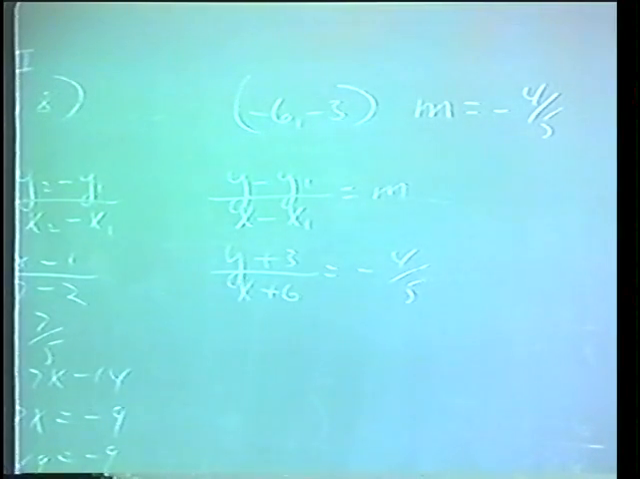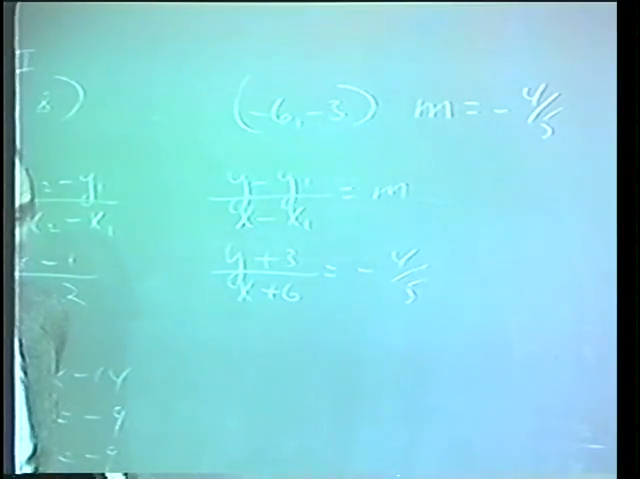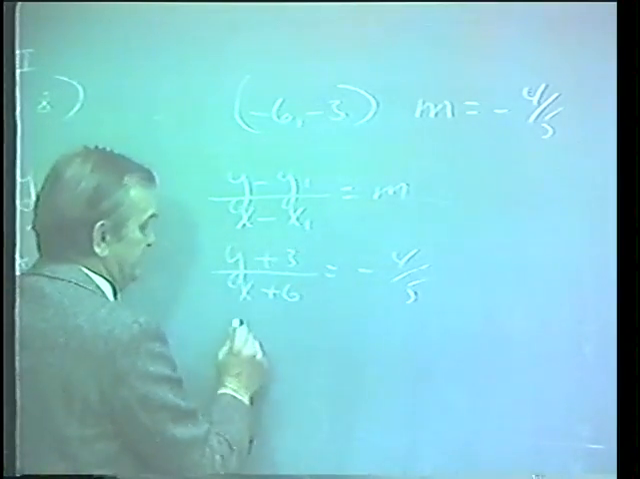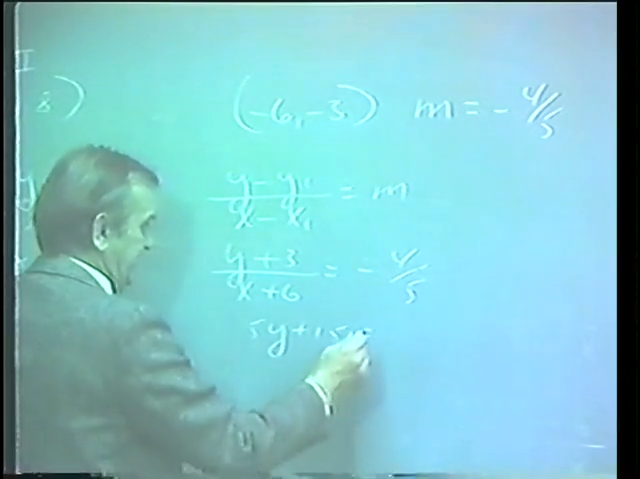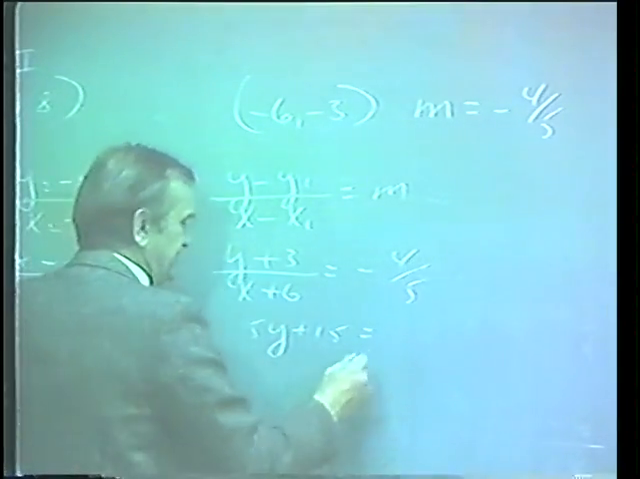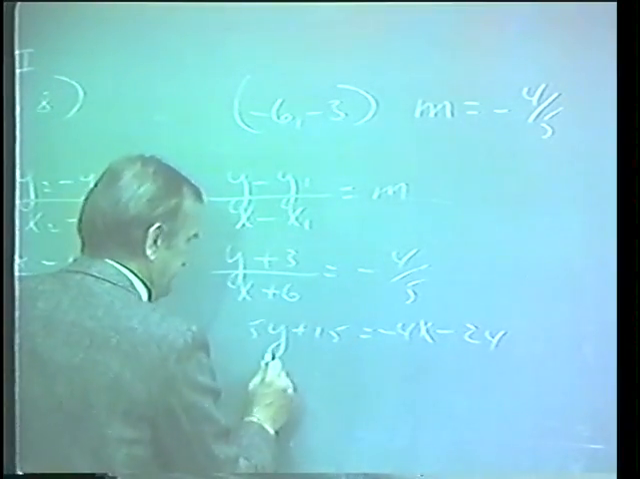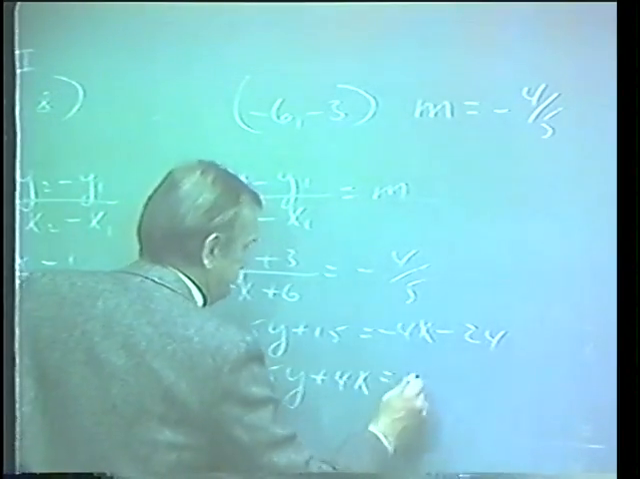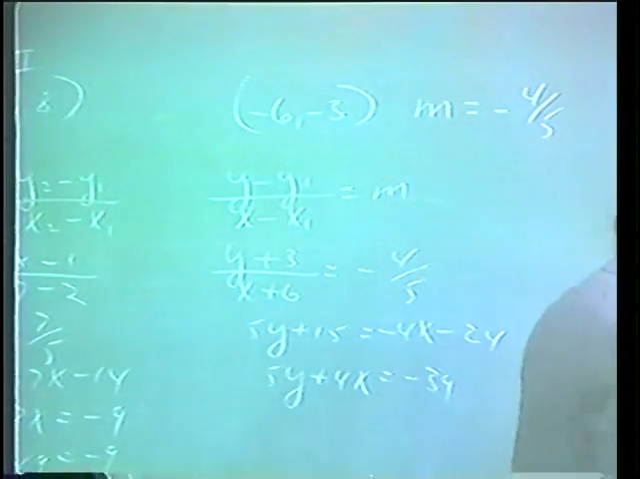We now cross multiply. Now remember, when you have a negative fraction, that means the numerator could be negative or the denominator could be negative, but they both can't be negative. I usually treat my numerator as negative. Cross multiplying, I have 5 times y plus 3, which would be 5y plus 15, equal to negative 4 times x plus 6, which gives us negative 4x, negative 24. Getting it in general form, we have 5y plus 4x equal negative 39. And there's the equation of the line